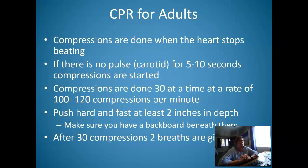Now compressions are done 30 compressions at a time at a rate of about 100 to 120 compressions per minute. So we're doing 30 compressions to 2 breaths when we do CPR, but the pace of how we're pressing is nice and fast, a rate of 100 to 120 compressions per minute. We want to push hard, at least 2 inches in depth, and so you want to make sure you